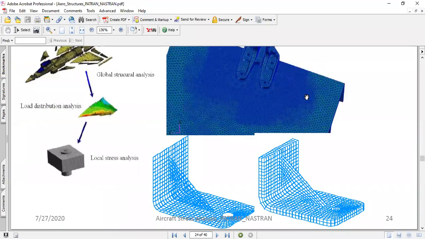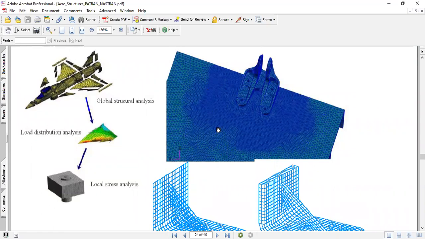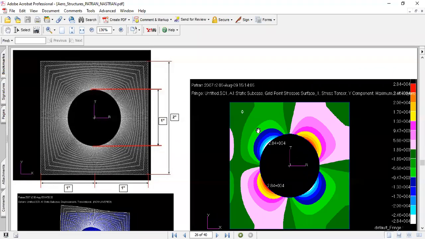Okay, so I did this study, and I ran the analysis, I extracted the forces, that's all fine. So now my region of interest is over here, which is not only the lug, but it's also the portion of the skin, the portion of the plate. Now I want to understand what is the effect of the pin shear on the plate. So then it becomes a plate with a hole problem. That is a very interesting problem.